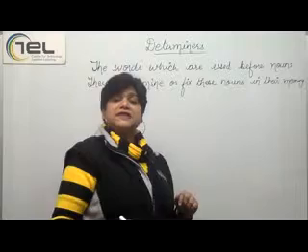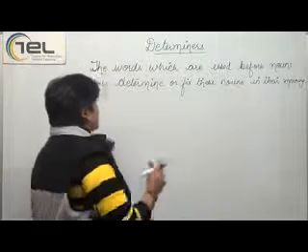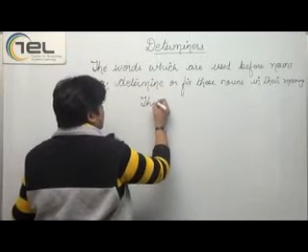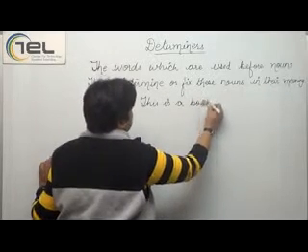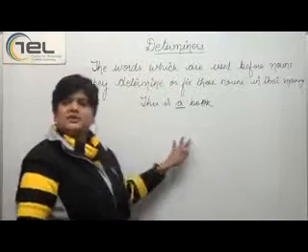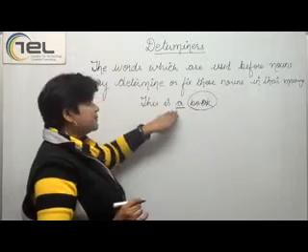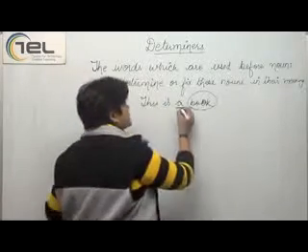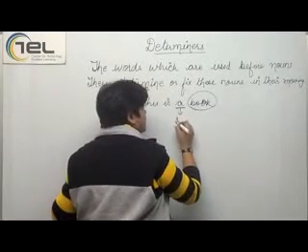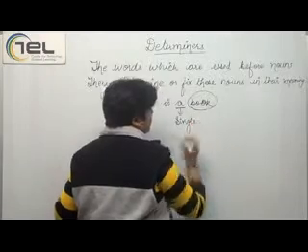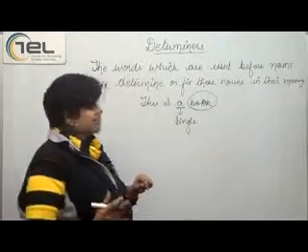For example, if I want to say this is a book. Now this is a book. In this sentence, here a is actually determining the noun book. Now book here is a noun which is determined by the word a. This shows that we are talking about a single book. Right, and we are talking about any book. It can be any book indefinitely.